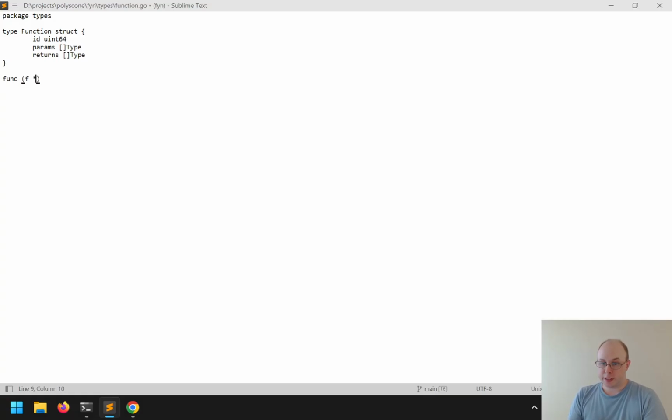So this will implement the, actually, now that I think of it, the type interface should probably also include the string interface, the stringer interface as well, because I'll need to print them out for the tests, and it will be a lot easier to do it with this. So we'll say that a function can return ID,